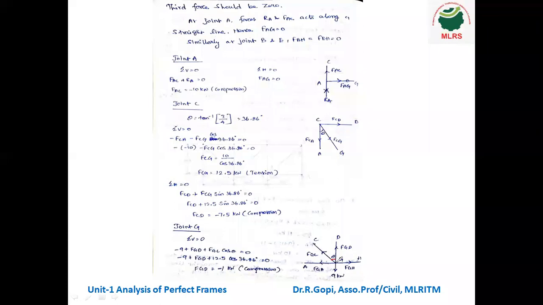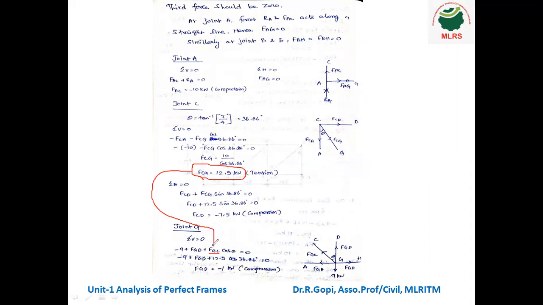So I have to resolve vertically means this is adjacent of the angle. So this vertical member is adjacent of this angle. So this also I have to resolve vertically. So cos. So FGC into cos theta. So what are the known values here? FGC you know or not? You can see here we already found it. FCG and FGC both are same. So minus 9 plus FGD plus FGC.